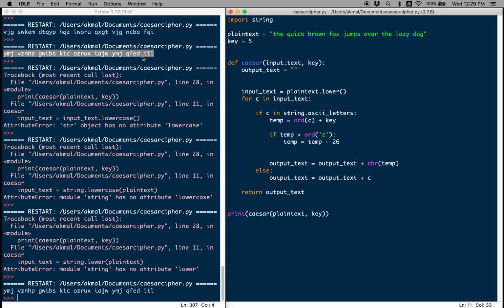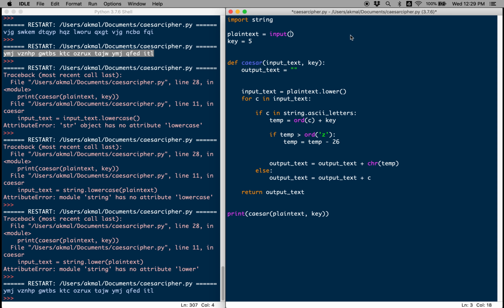Okay, so turning our cipher algorithm into a function works. And so now we can make our plaintext not be defined in the program itself, but we're going to ask the user to actually input our plaintext. So we're going to say, oh no, it's not plaintext.lower. It's going to be input_text.lower. Sorry about that. It starts to get a little bit messy, right? Okay. So over there, input,